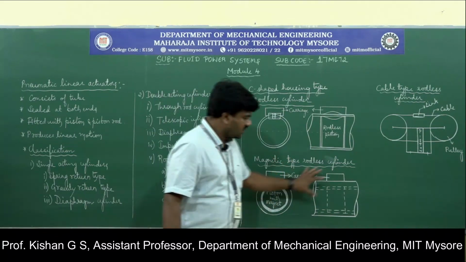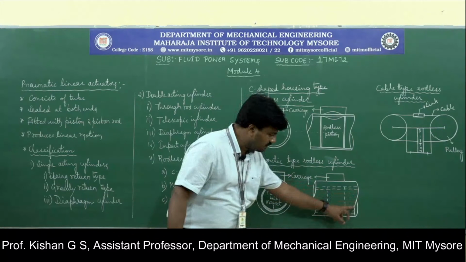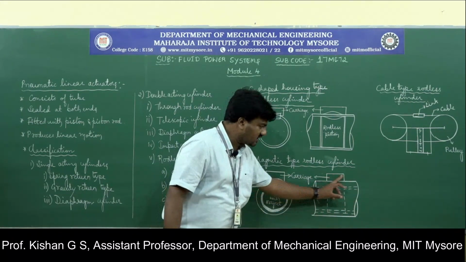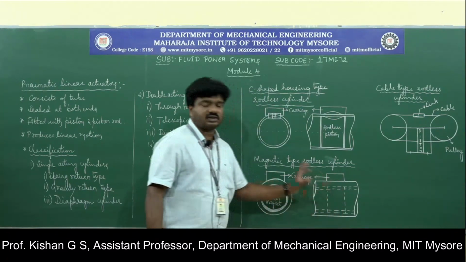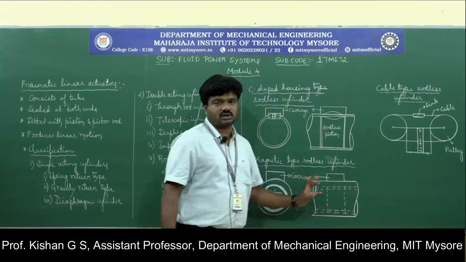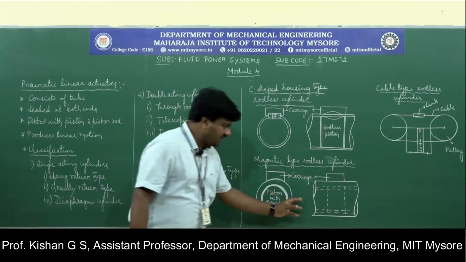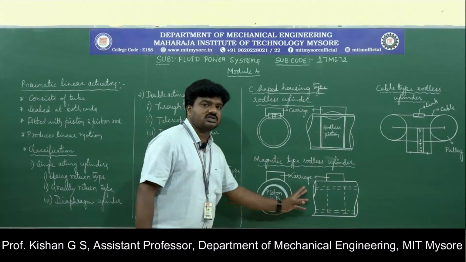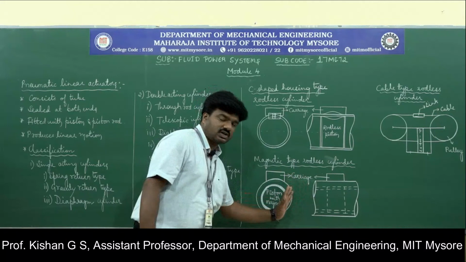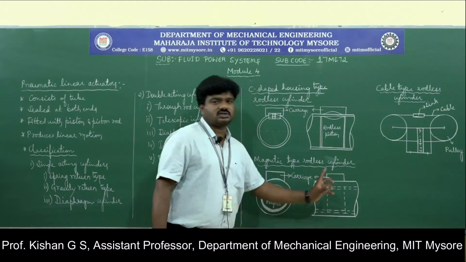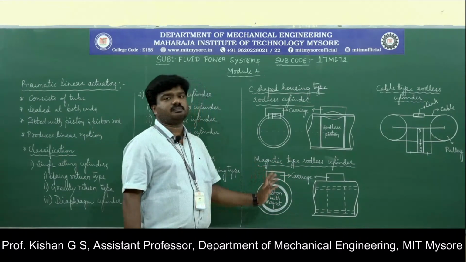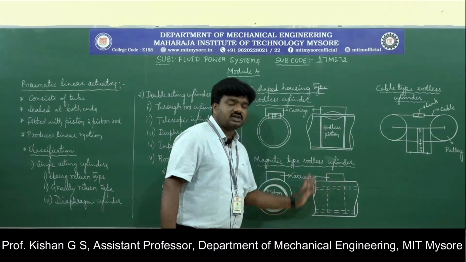If you observe the figure here, this is the piston which is housed inside the cylinder, and this is the carriage, and this is the magnetic tape that leads to the movement of the carriage along with the movement of the piston. So if there is a supply from one end of the cylinder opening, the rodless piston moves from the leftmost part to the rightmost part. Due to the presence of the magnet, the same piston, while moving along the linear path from left to right, moves the carriage assembly